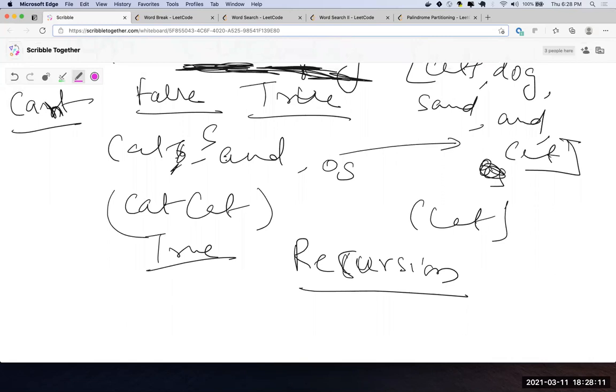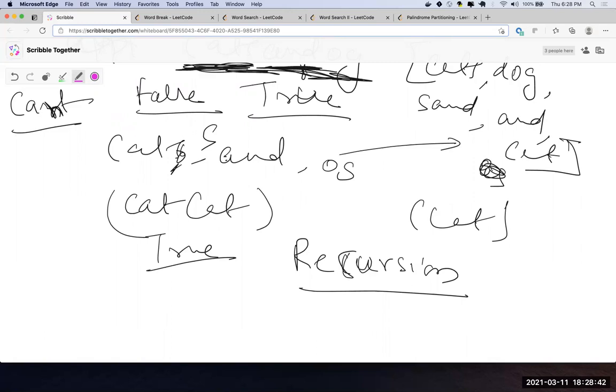What do you mean by recursion? For example, you start with C, A, T, and S, and that is valid in our dictionary.